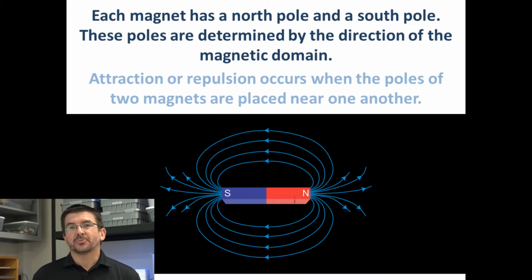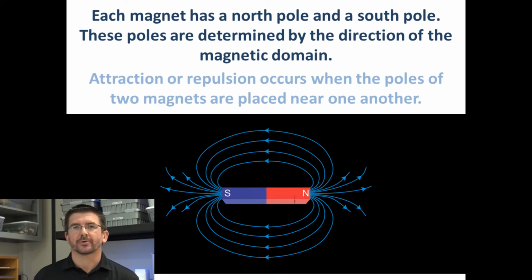Now, we know that each magnet has a north pole and a south pole, and we looked at this a little bit when we talked about magnetic fields and magnetic domains. And the location of these poles just depend on how the magnetic domain, the magnetic field, is aligned on a particular magnet. This property of magnetic attraction or magnetic repulsion can be demonstrated when the poles of two magnets are